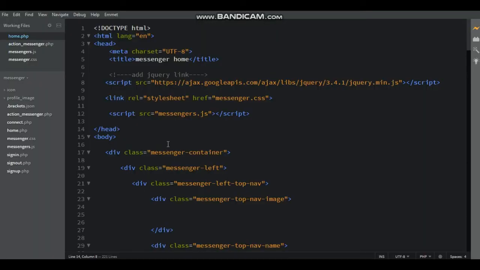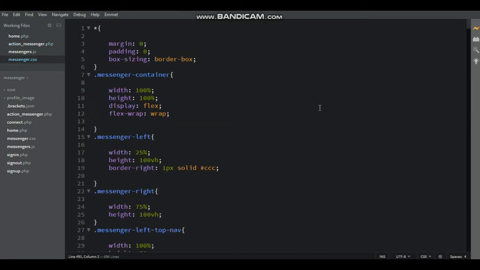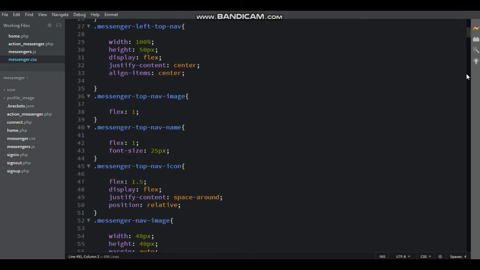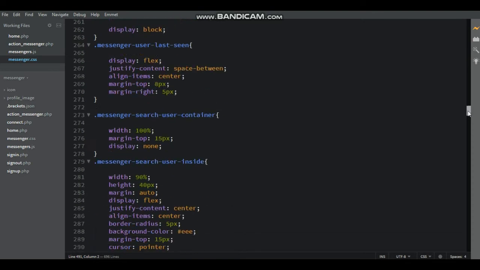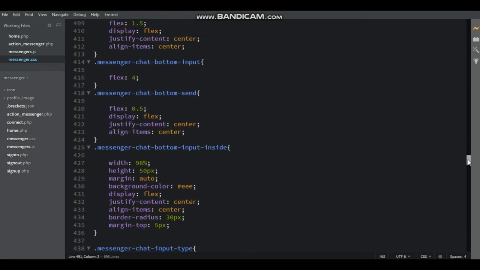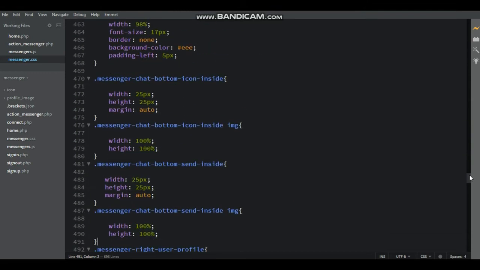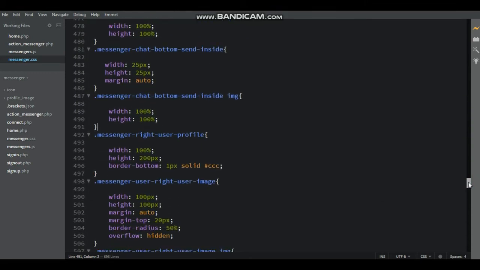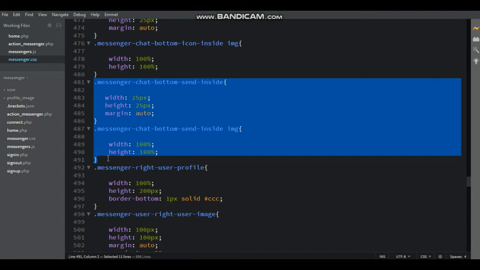Now design the messenger chat bottom send messages. Now go to the messenger.css file. Now here just copy the messenger chat bottom send inside and also image.